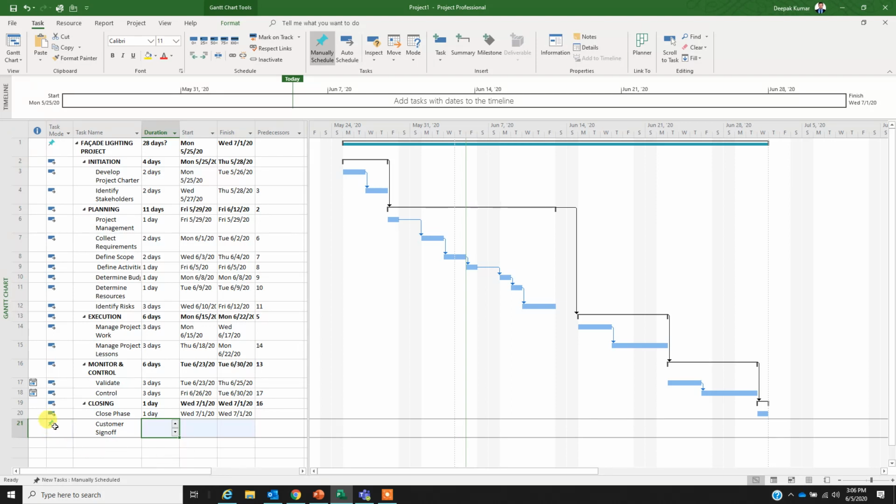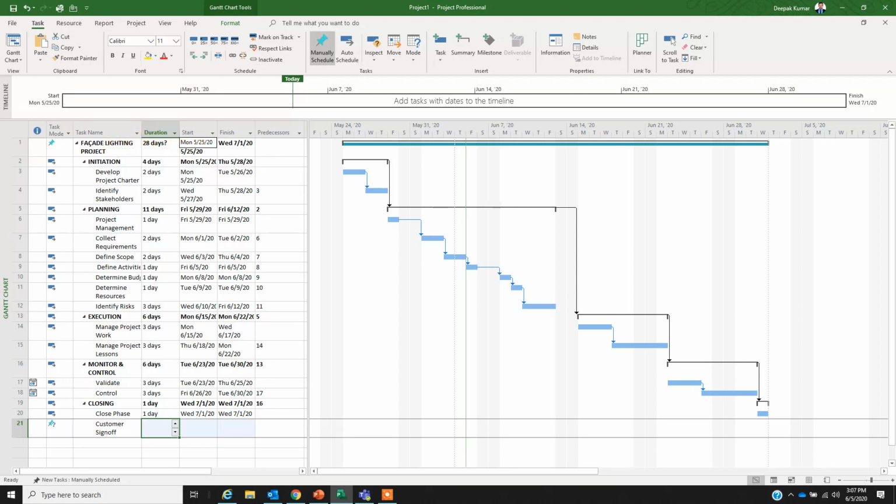And you can see that there is a question mark in front of this, which essentially means that you have not entered all the information related to this task. I also have scheduled the name of the project and the entire project duration, because if you go to the previous lecture, you must have noticed that the start and finish date of this project was today's date, 5th of June, right? But here I have scheduled it manually.